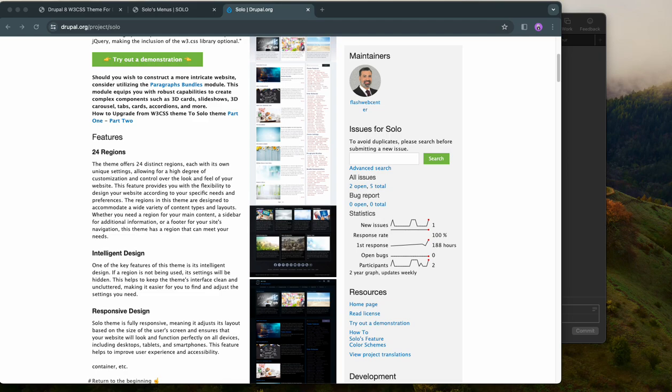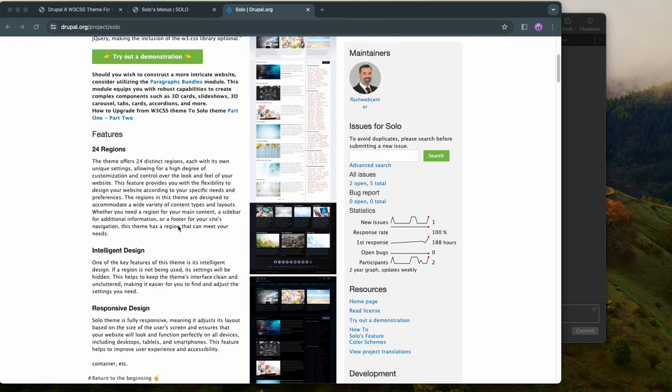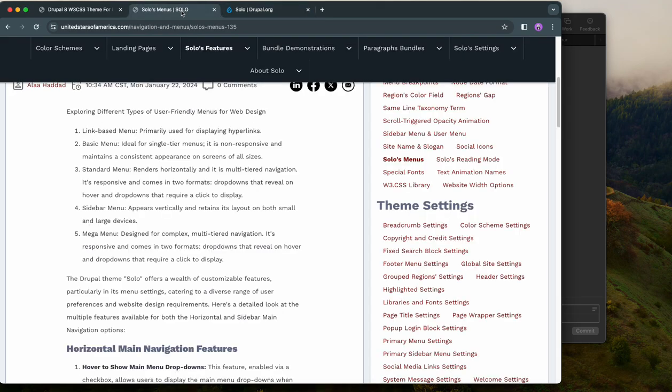My name is Ala Haddad and I am the developer of the Solo theme, and today we are going to talk about menus in the Solo theme. I have a page to explain the menus in the Solo theme, so if you'd like to read more about it,